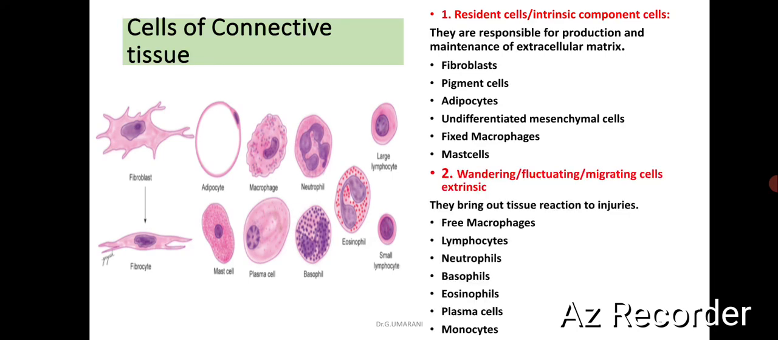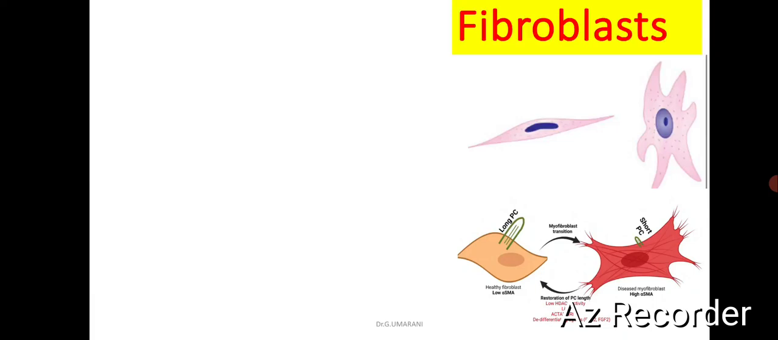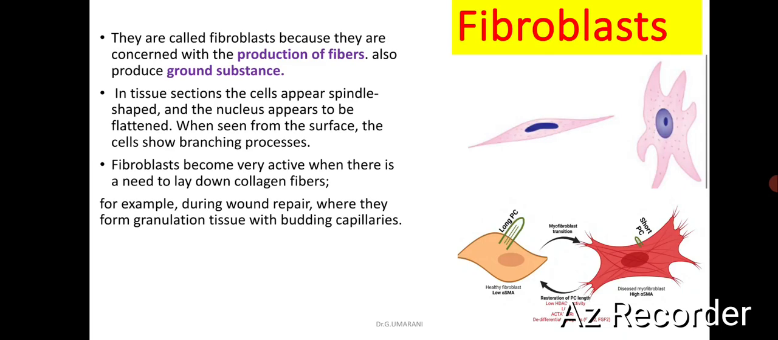The second group is known as wandering or fluctuating or migrating cells, also known as extrinsic cells. They bring out tissue reactions to injuries. They are free macrophages, lymphocytes, neutrophils, basophils, eosinophils, plasma cells and monocytes. Under the components, fibroblasts are the important cells. They are called fibroblasts because they are concerned with the production of fibers and